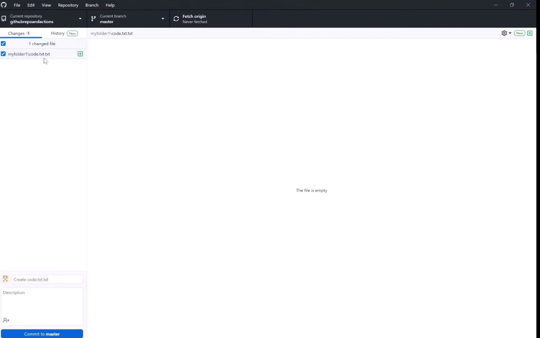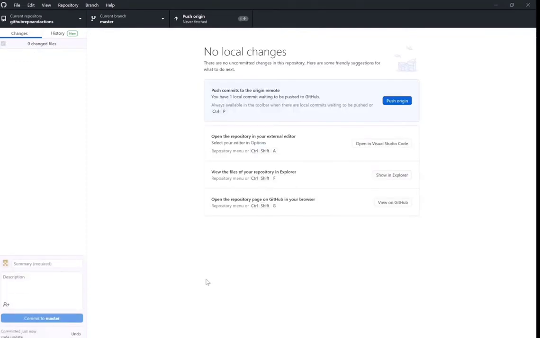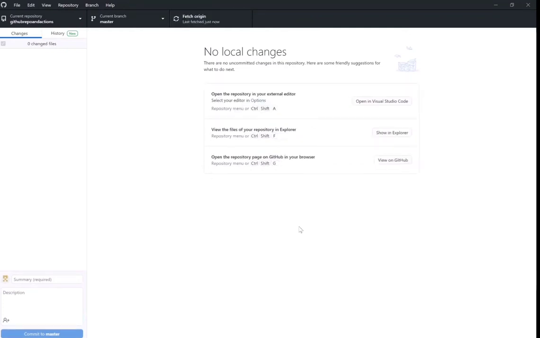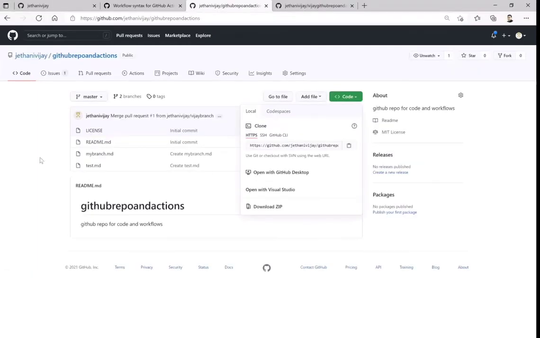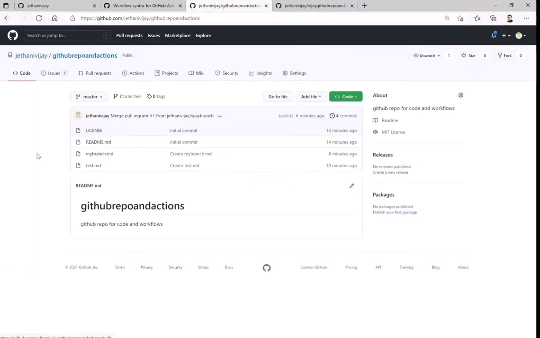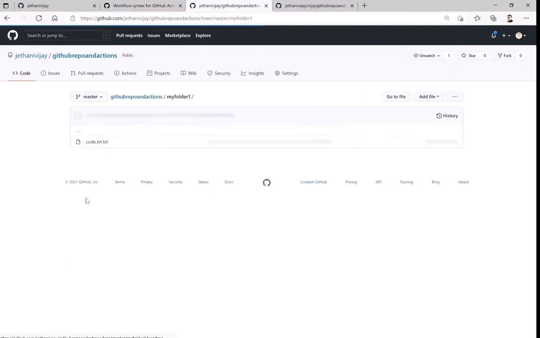First of all, it detected what the change was. I created my folder. Now I would say, okay, go and update, or you can say code update, and commit to the master. This way it is giving me a way to push something which is on my machine to our GitHub handle or that repository. Now if I go and check that and refresh, I have the folder structure here.